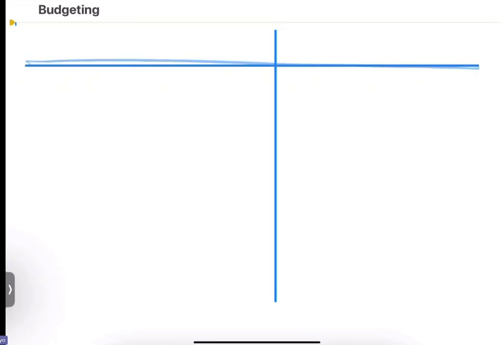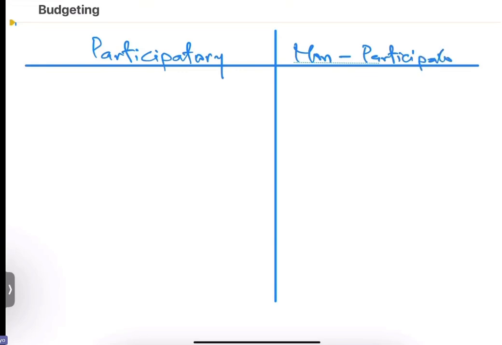Remember we had four groups of budget types based on those approaches, and we're only able to cover 3 yesterday. So we'll start from the 4th one, which is who is preparing the budget, the preparer. And we said, based on who is preparing the budget, we can have 2 types of budgeting as well. The first one is the participatory, and the second type is the non-participatory. And it's quite self-explanatory from the name.